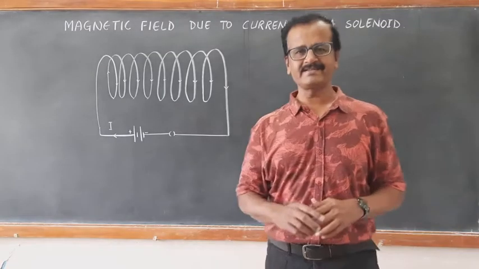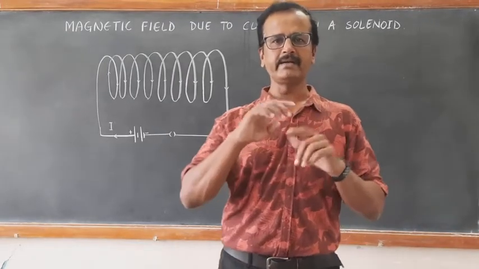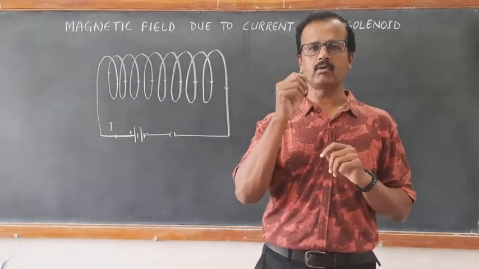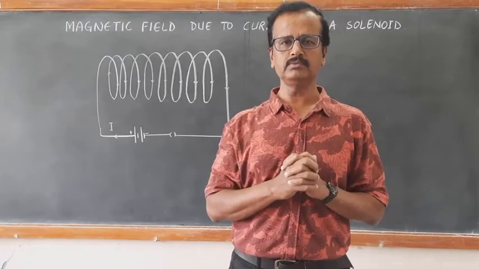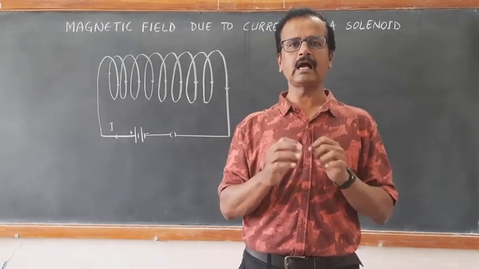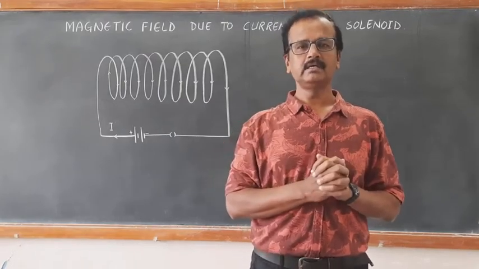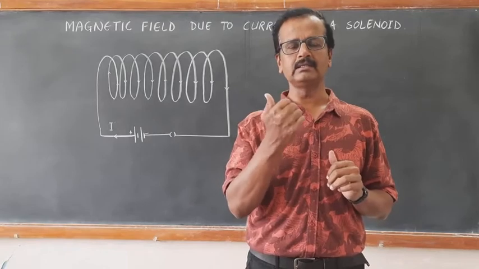Good morning, dear cadets. In the previous video, we have studied the magnetic field due to a circular coil. Magnetic field due to a single turn of circular coil, which we called a current loop. Magnetic field due to a circular loop of current, and we could find out the magnetic field using the right